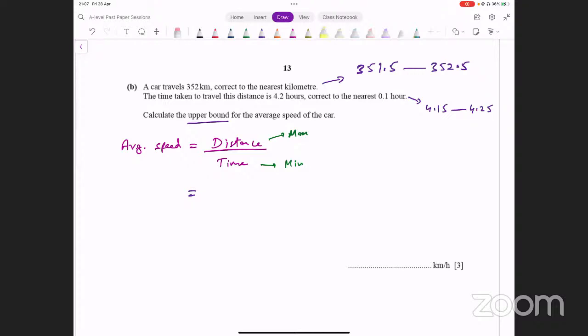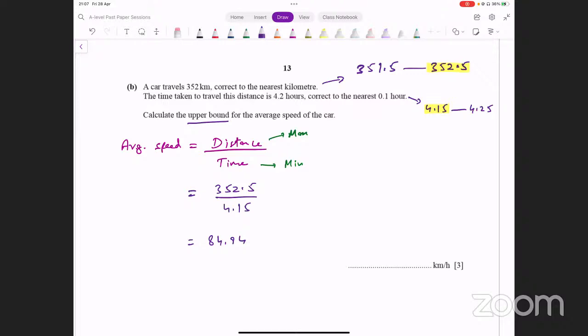तो हम क्या करेंगे, डिस्टेंस की बड़ी वाली वैल्यू लेंगे, दैट्स 252.5, और टाइम की छोटी वाली वैल्यू लेंगे ताकि हमारे पास जो ओवरऑल रिजल्ट है वो बड़ा आ रहा हो। ओके, न्यूमरेटर की बड़ी वैल्यू और डिनोमिनेटर की छोटी वैल्यू। And now just evaluate this and see what that turns out to be. 252.5 divided by 4.15. And that gives you 60.84